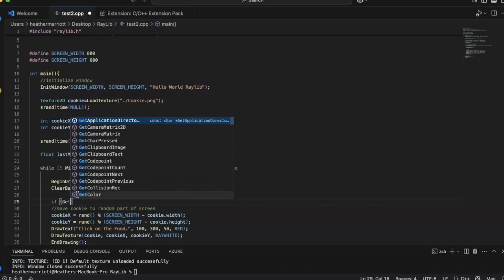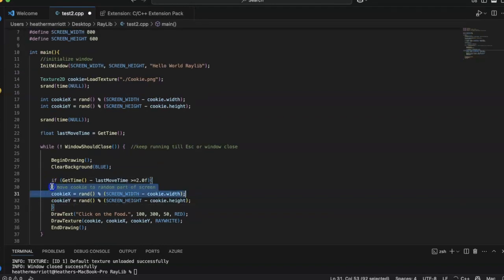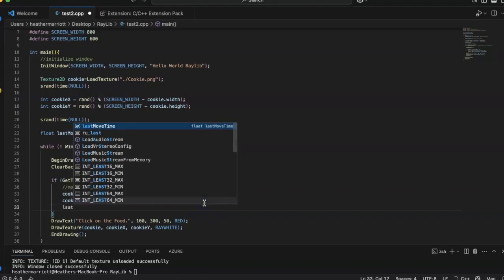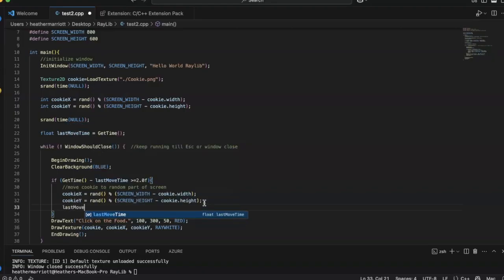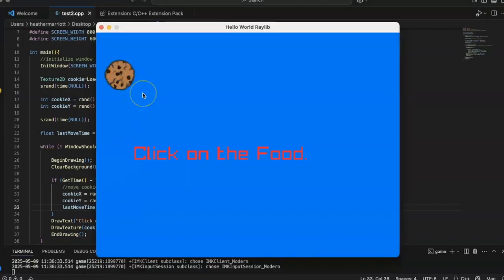So you get the current time and you subtract it from the last time you moved the cookie, and you can decide how fast you need your users to be. For debugging, I'm going to say 2 seconds to let myself click on the cookie, but when I really want somebody else to play the game, I'll probably change it to 1 second. Once you move the cookie, you can update the last time you've moved the cookie, and now every 2,000 milliseconds the cookie's going to move